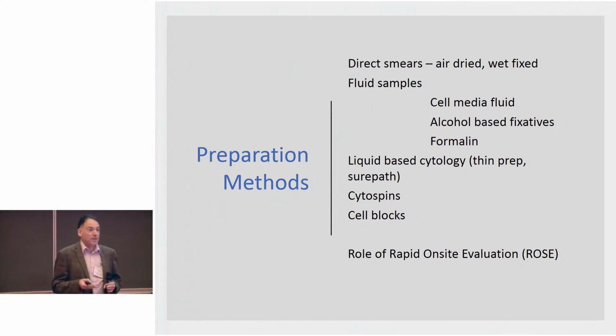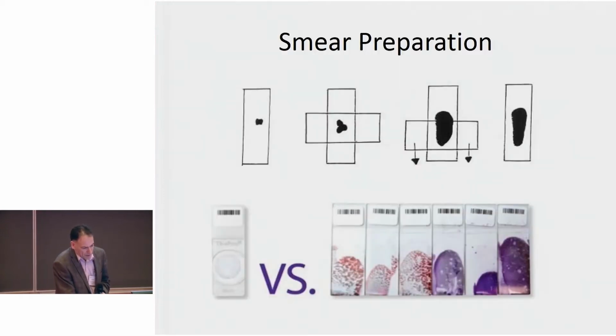Having said that, as I'll show in a minute, probably the best way to get a histological sample is to actually sieve out the solid material. And then we'll talk a little bit about rapid on-site evaluation. So smear preparation, this obviously may be done by a cytotechnologist or a pathologist or a clinician, and